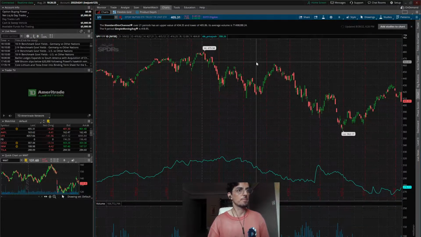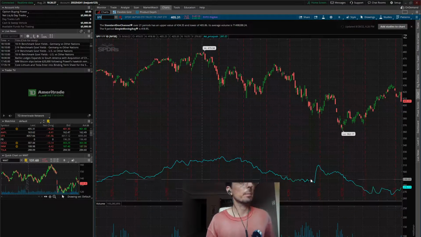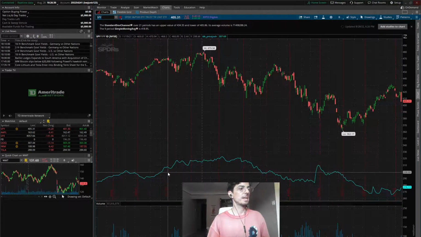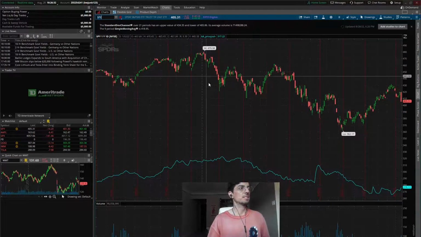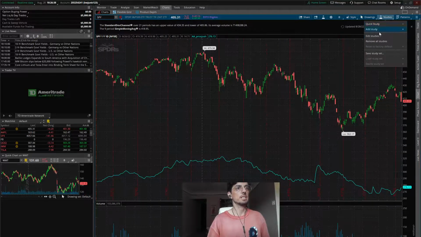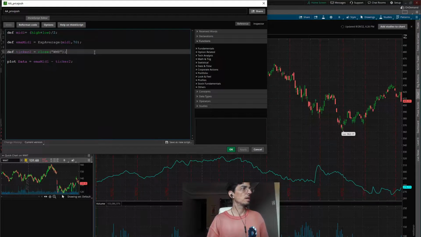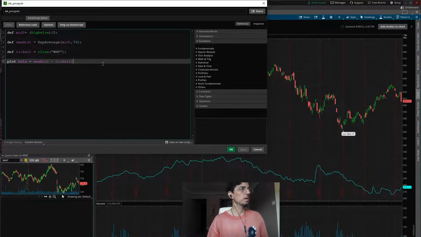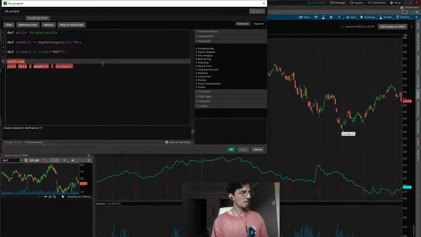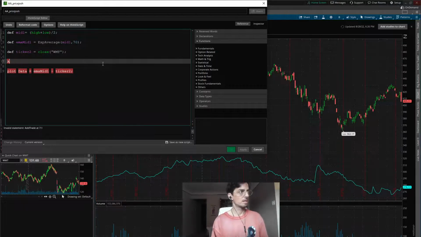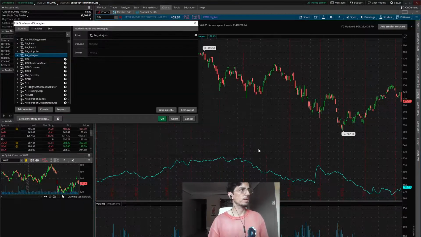And now we can see our Walmart price down here in blue. It's actually not our Walmart price. That is our Walmart minus SPY, which doesn't make any sense, but it just shows you what you can do. You can do stuff that you can't do otherwise. You can just do anything you want with this scripting. It's really kind of cool. And then eventually there's add trade. I don't know, there's something about trading, but we're not going to get into that right now.